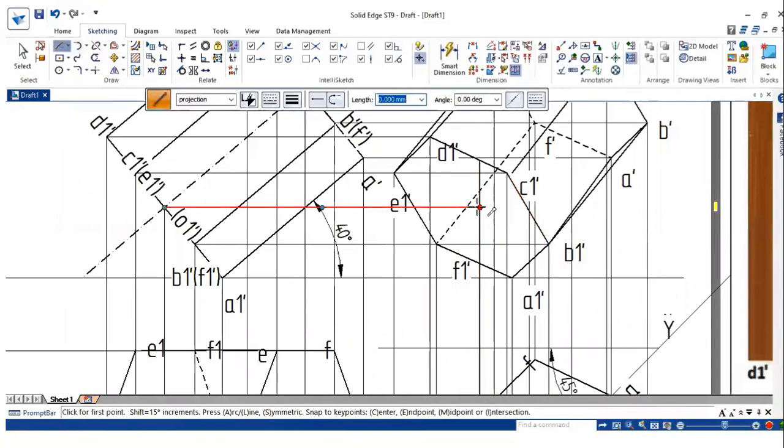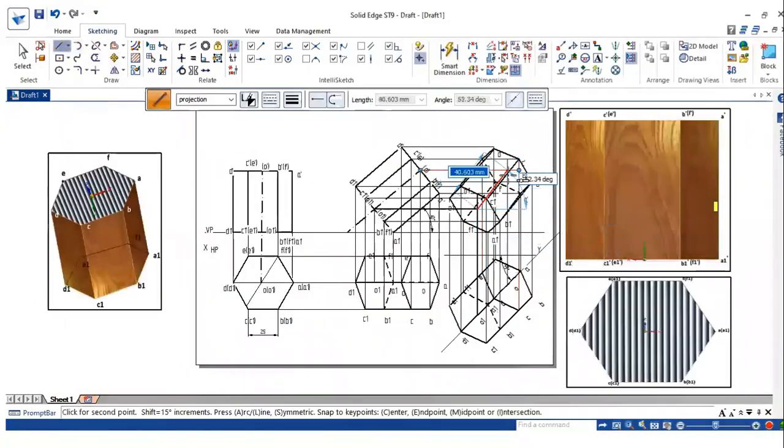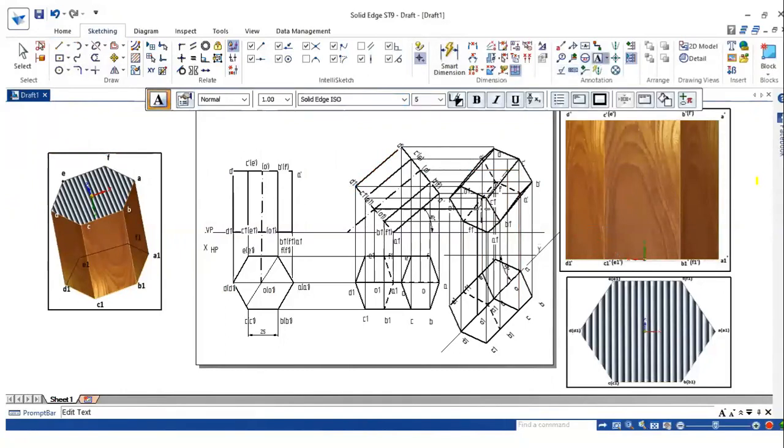So this is O, and so represent the axis line. So this is O1 dash and O dash. So this completes the problem.